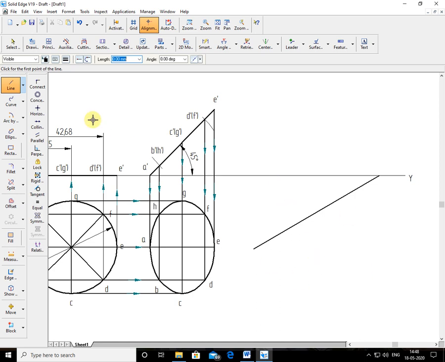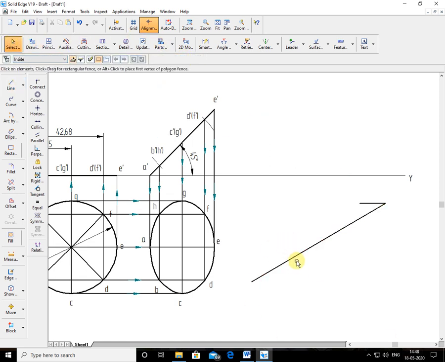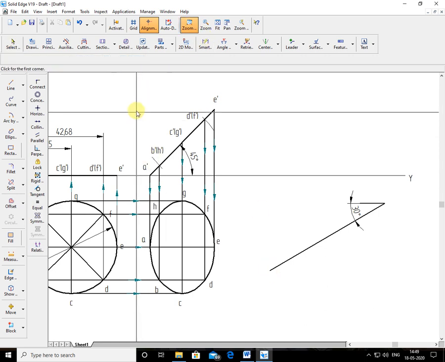Correct? Now on this line, I locate my A point first. You can locate the E point first also. Now for my convenience, I'll reduce this A line and set the angle. I want an angle of 30 degrees. I'll make it 30. Correct? This 30 degrees. So now this end itself, I'll zoom it now. Once again I'll move this portion somewhere here for your easy understanding.